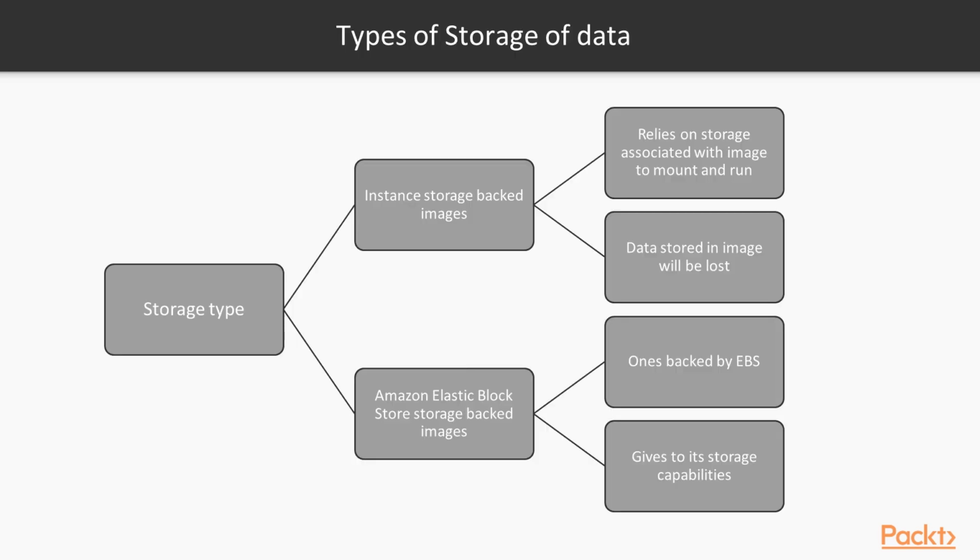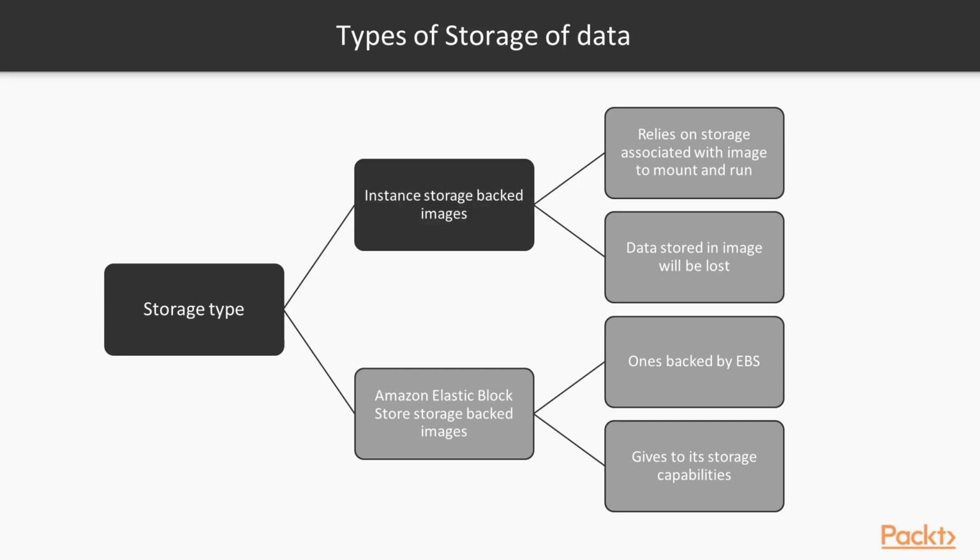One important thing when building applications is the storage of the data. By default, when we launch a machine in EC2, there are 2 types of storage that can be associated with the machine in the root volume in order to run the operating system. The first type of storage is instance storage-backed images, and the second type is Amazon Elastic Block Store backed images. The first one,